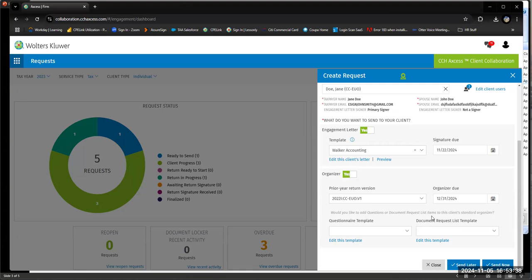Now, the reason I'm pointing this out is you can send requests to clients that don't have prior year data. In fact, if you have a client that's new, what you would see when you go to select this dropdown is no prior year data available. And so we still can send it to them, but we're going to want to include something, and that is this document request list template that's called the new blank organizer. You get this new blank organizer out of the box, and if we click edit this template, this will show